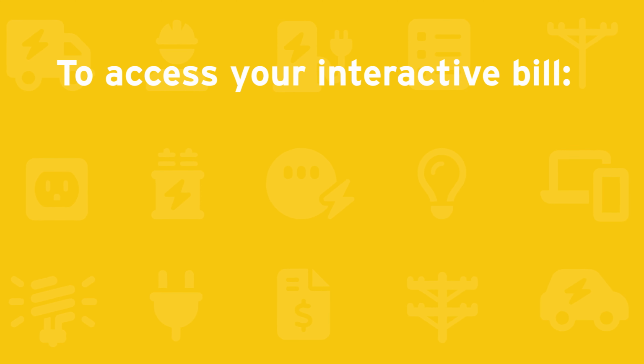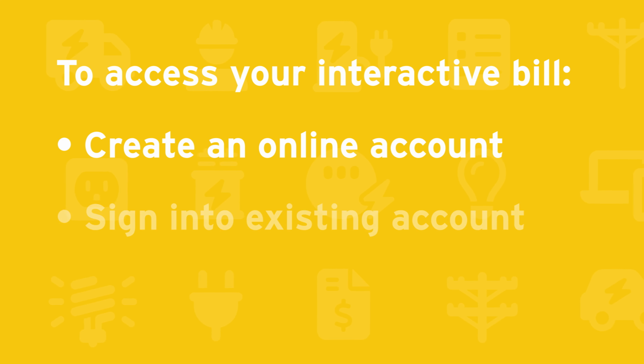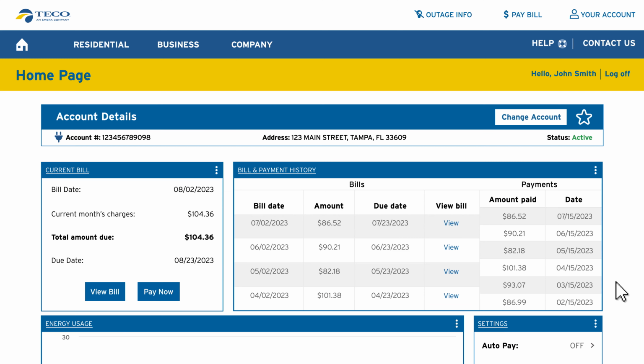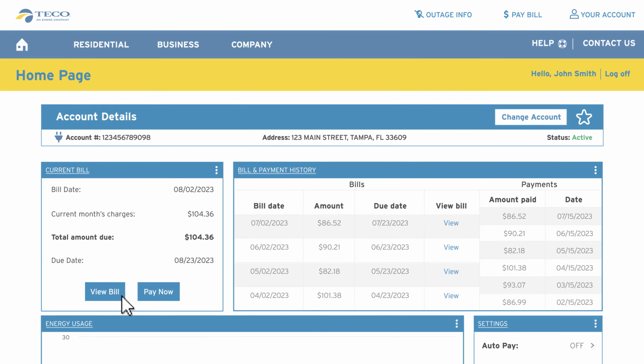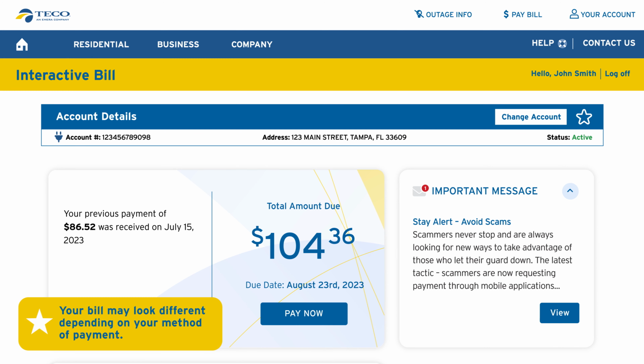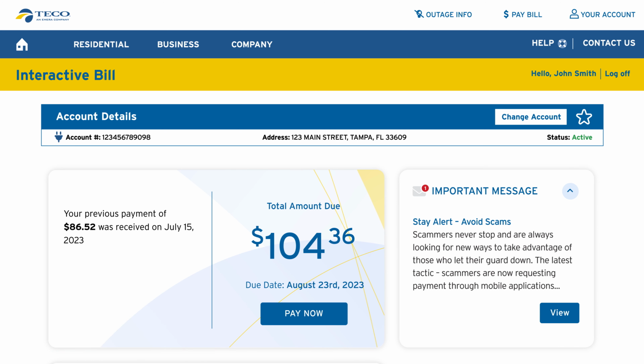Please note, to access the interactive version of your bill, you must create an online account or sign into your existing account. If you logged in through ticoaccount.com, you'll see your account dashboard. Click on Current Bill or View Bill to open your latest interactive bill. Your interactive bill is an extension of your paper bill, containing more insightful information on your month-to-month charges, energy usage,